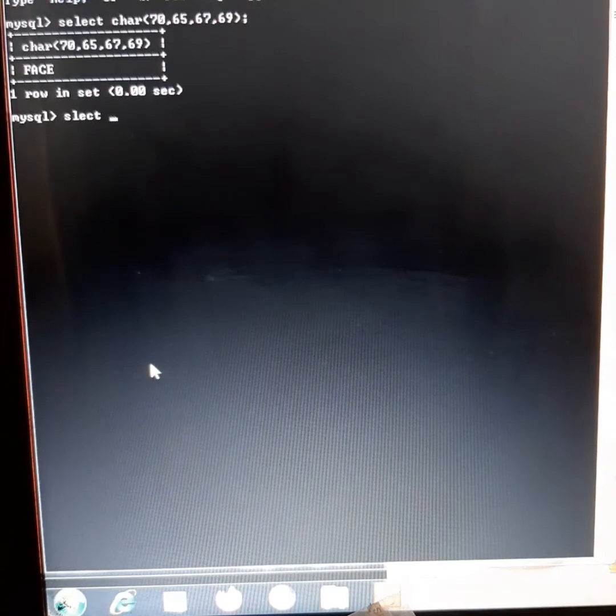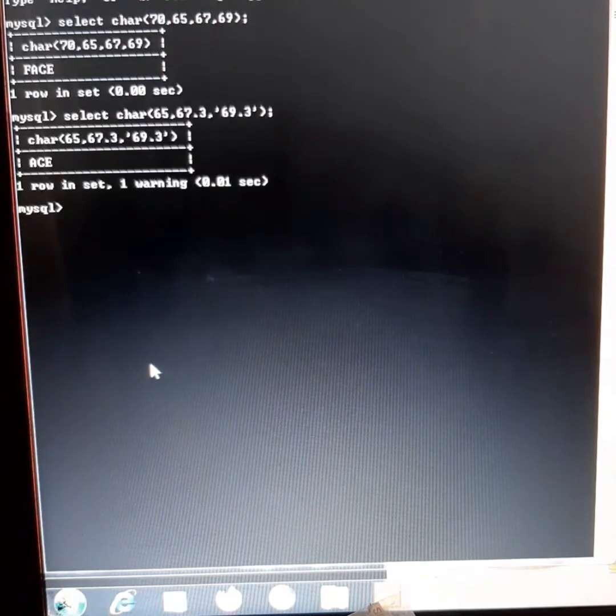Like if we write select char 65, 67.3, 69.3, so 65 will give A, 67.3 will take only 67, which is the ASCII code for C, and 69.3 will give E, which is the ASCII code for E.